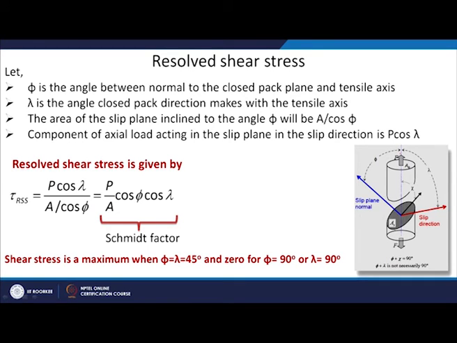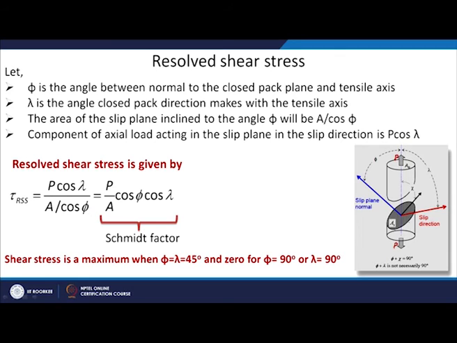The area of the slip plane inclined at the angle phi will be A upon cos phi. The component of axial load acting in the slip plane in the slip direction is P cos lambda. So, now basically we are resolving the load P in these two directions. I think instead of F I will say it as P, because that is what we are saying. So, it will be P, the area, this is my area A naught,